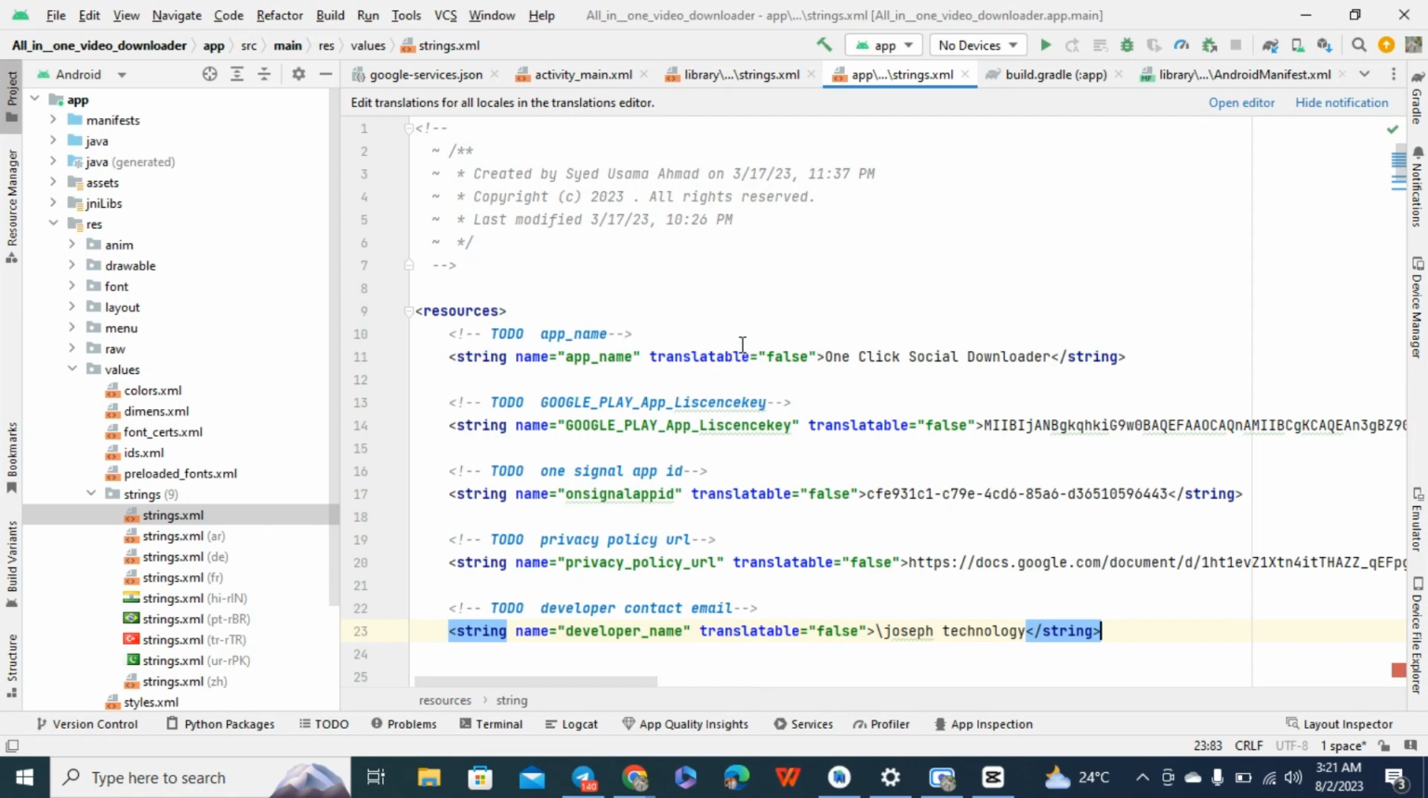So this is where you will see your app name. You can see this is your app name. So you can change your app name here. So you can change your app name here to